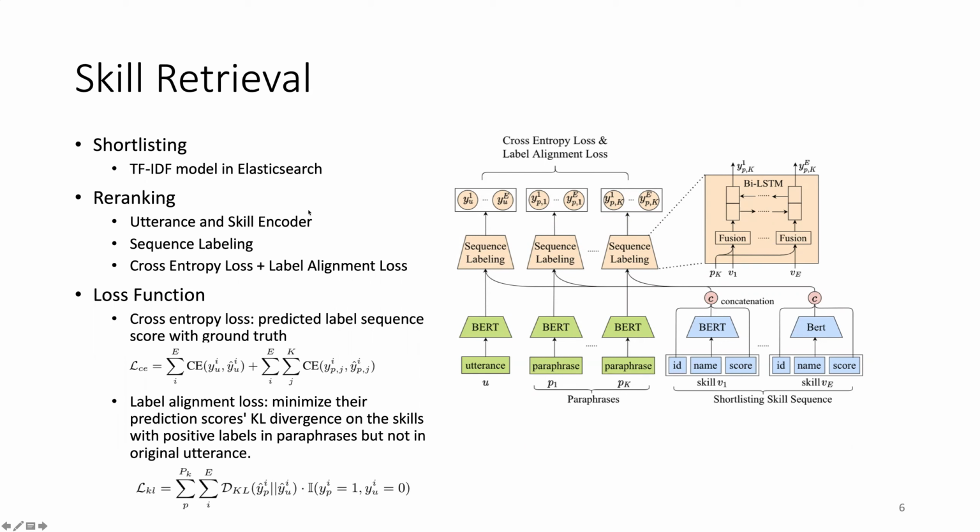Besides the original cross-entropy loss, we add a label alignment loss, meaning to minimize the KL divergence of prediction scores on the skills with positive labels in paraphrases but not in the original utterance. So this is the extra loss we add to help predict a better label sequence. That's like a soft data